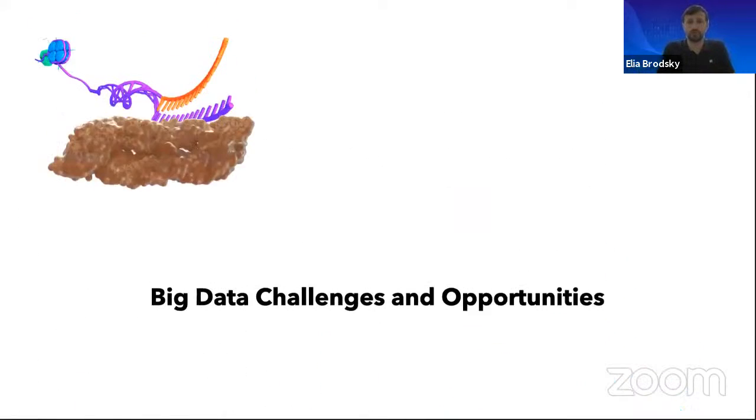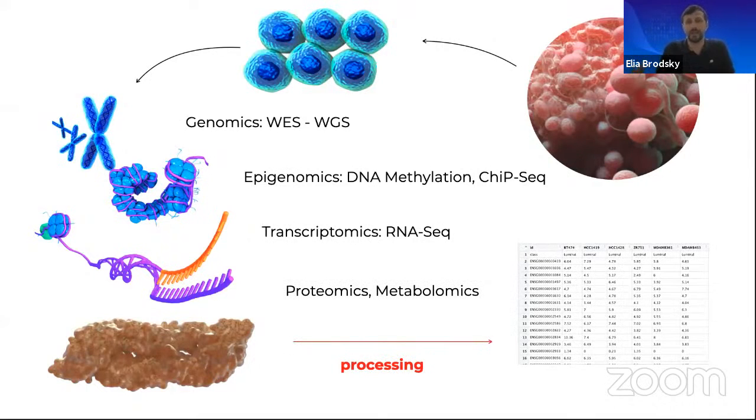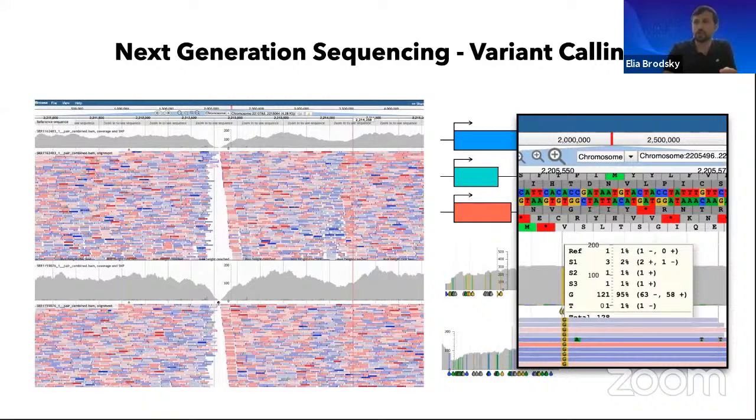So how are we going to do that? In each case, when we talk about genomics, epigenomics, transcriptomics, proteomics, we're talking about data sets that are contained in packages of short reads or elements that have to be pieced together to represent a structured data set that we could actually analyze. One of the things that we will do in this program is take this raw data. What you can see here are individual reads mapped to a reference genome. We'll look at this raw data to understand how we can detect specific signal in it. And that signal could be variants,